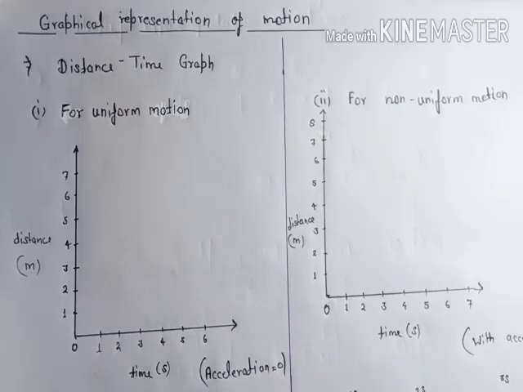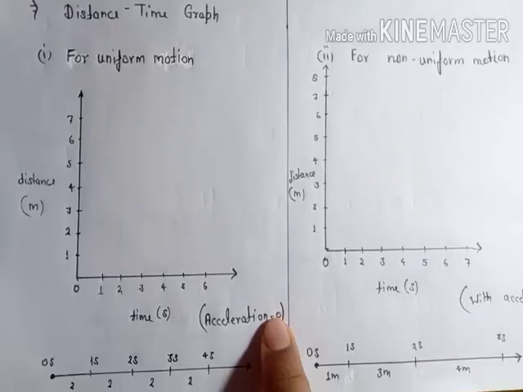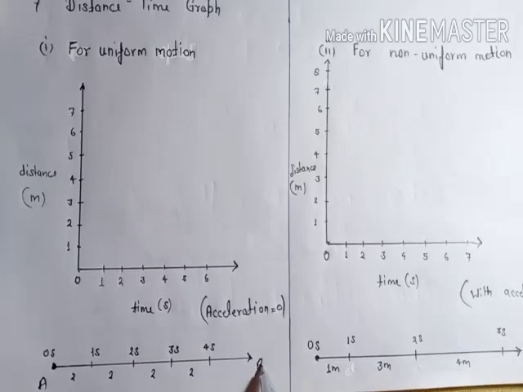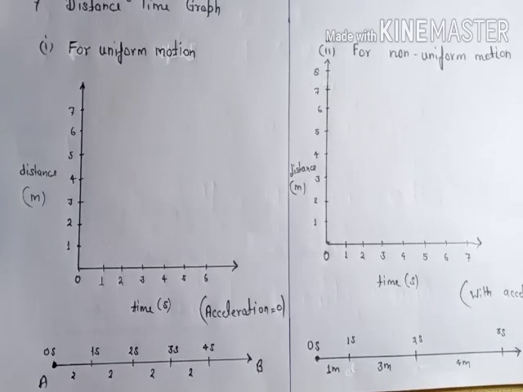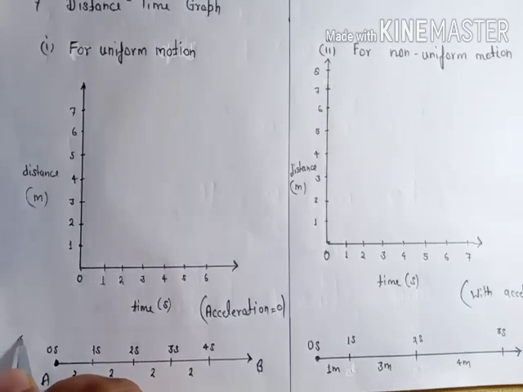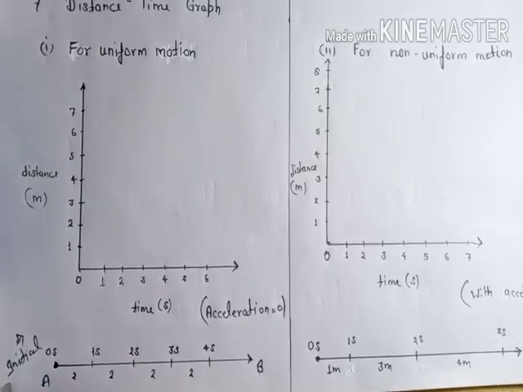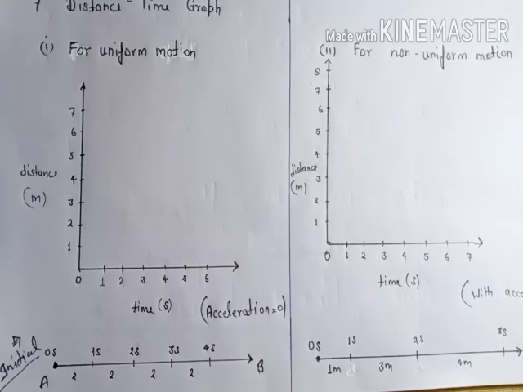So consider in first case we have uniform motion. It means if there is a body, you can see there is a body which is moving from point A to point B. When we start our counting of seconds, that time is called initial time. For this initial period, velocity that you get here is initial velocity, and here the end point is called the final, and velocity here is called final velocity.